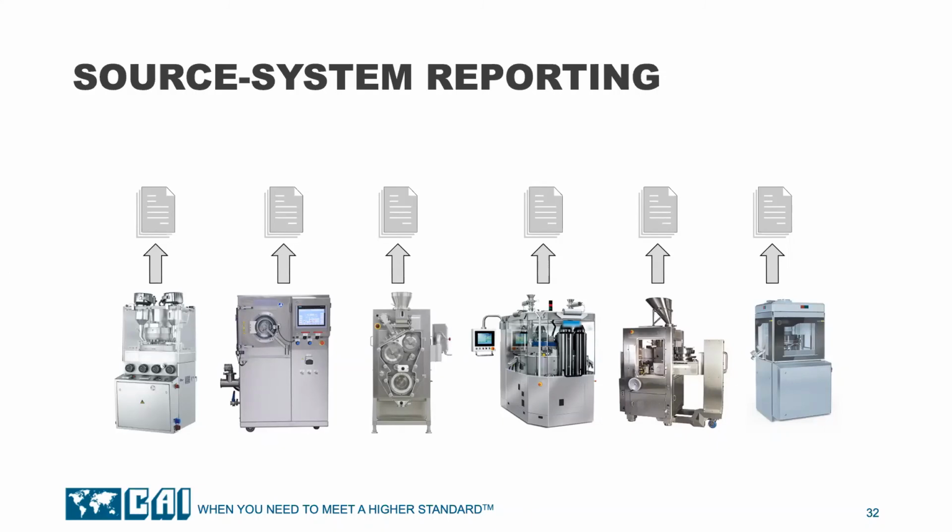Perhaps the greatest downside is that with most of these vendor solutions, we don't have access to their process data. We can't integrate the data with other data, and we don't have access to data to perform process analysis. Worst case is that the vendor reporting solution produces a paper-based PDF report, which gives us no usable data. Although source system reporting may provide a perceived schedule benefit, it has some serious downsides.